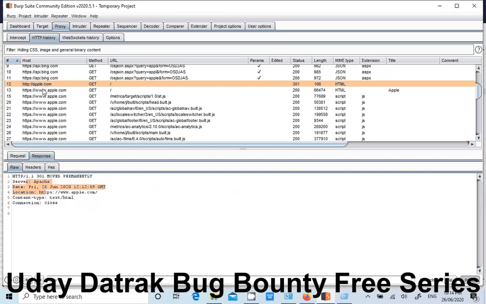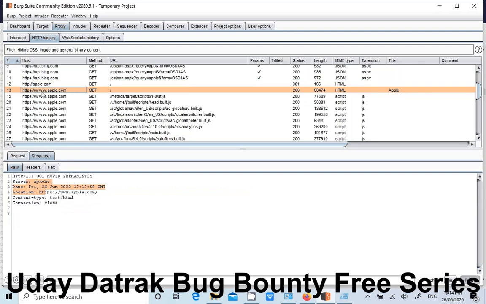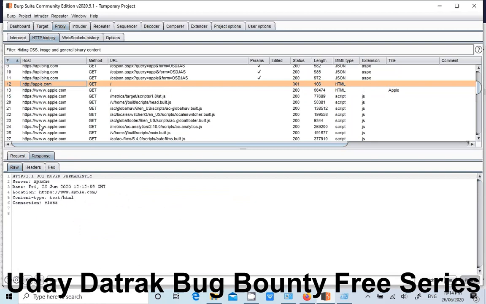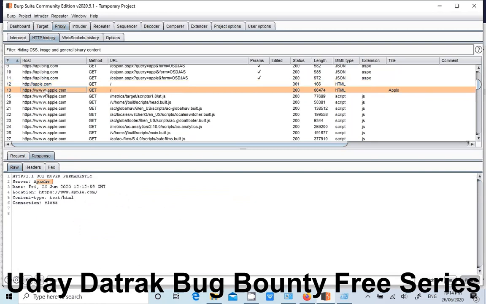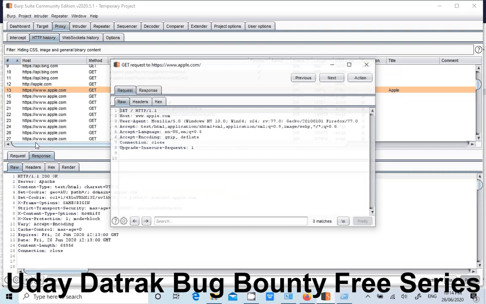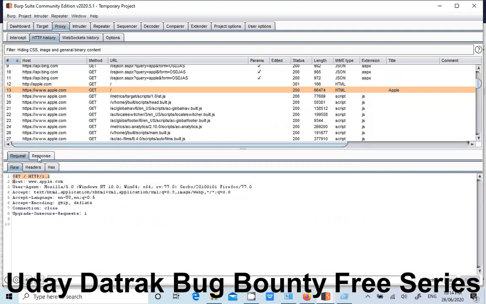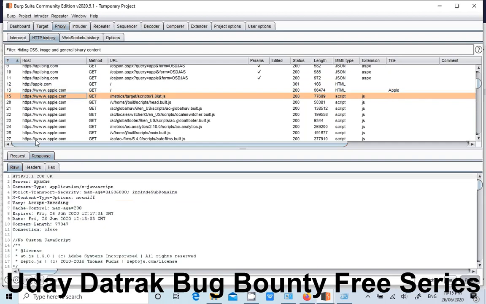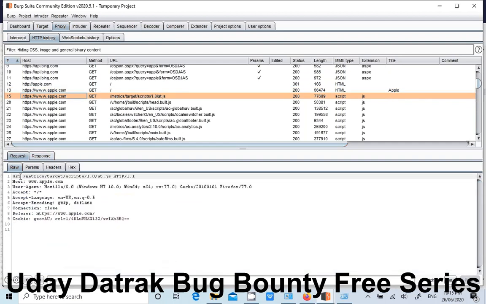The next thing is, for example, as soon as you open HTTP, it redirected us. That's why it's a 301 redirection to the HTTPS site. So this is the GET request, and this is the response. And the next page, what is the GET request? This is the page, right? Within the request, you can see that particular path here. You can see the same here, GET and the path.